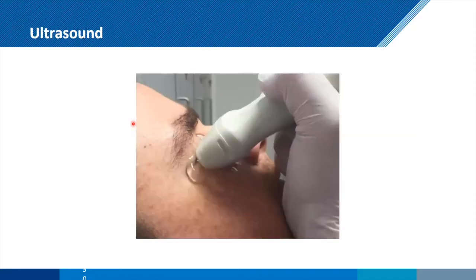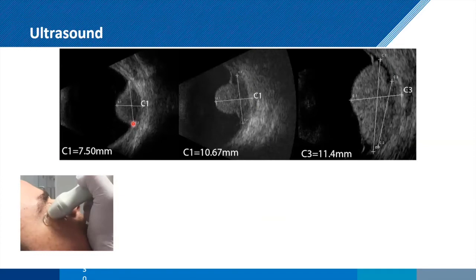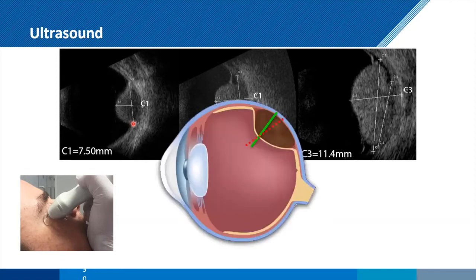And the standard way that this is done is with ultrasound. So you can see a high resolution, high frequency, probably 10 megahertz ultrasound transducer on the eye. And the kind of images you get out are like this. And you can see the problem here is that the ultrasound is very low contrast. It's quite difficult to see where the tumor hits the back of the eye. And also, of course, ultrasound is 2D, and it suffers from refraction. So any small changes in the angle of that ultrasound transducer are going to change the apparent size of that tumor.